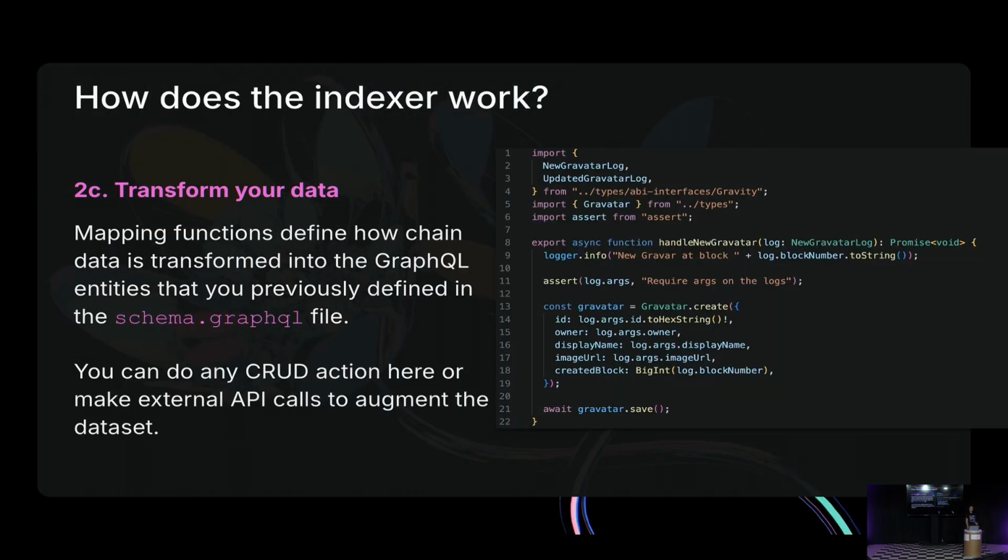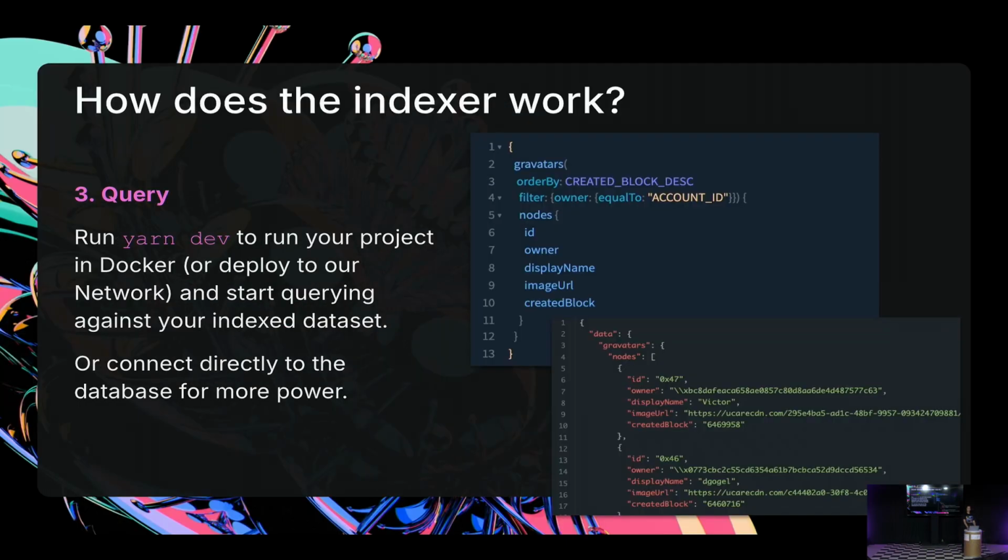And the mapping functions, so this is where the magic happens. This is a part of the SubQuery code which is triggered when the indexer finds a proper event on the chain. This function is executed, and the logic here populates the properties of the object, creates the object, and saves it in the database.